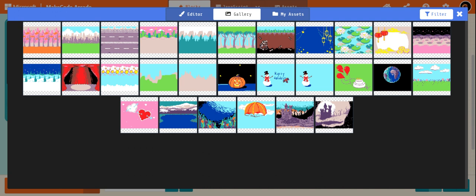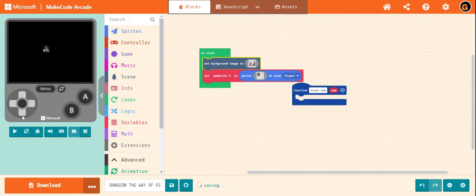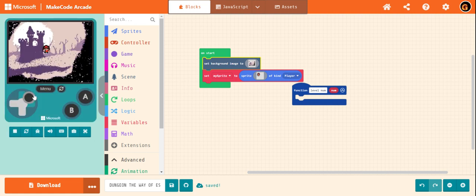Can you see it? I hope you can see it, friends. I shall choose this. Done. Then the background should be visible in a few seconds. Let's play. Wow. Still it's not moving.